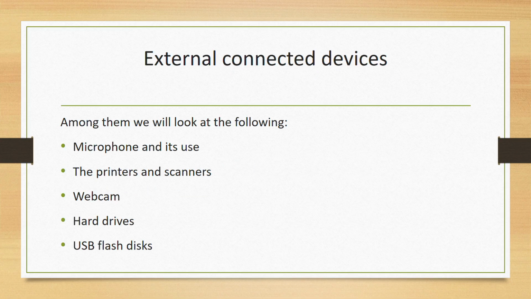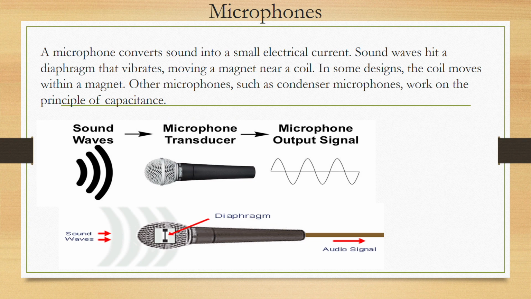On the external connected devices, we have the microphone, and we are going to talk about its use, the printers and the scanners, the webcam, hard drives, and the USB disks. Starting with the microphone, a microphone is basically just converting sound into an electrical signal. So as an input device,